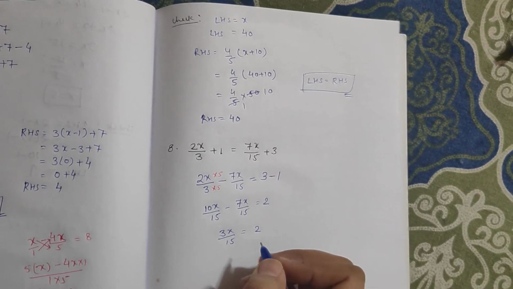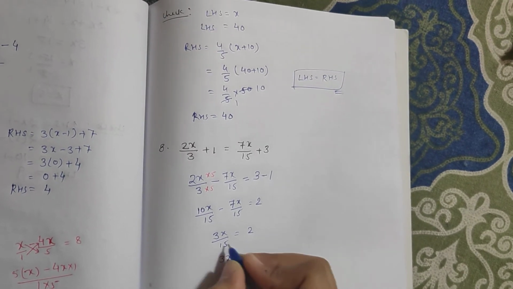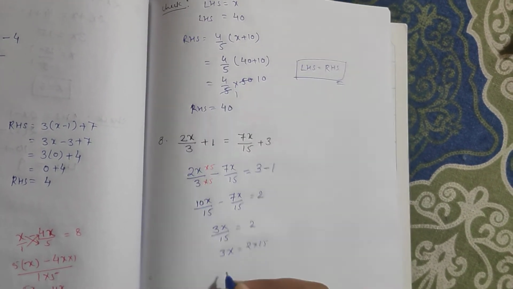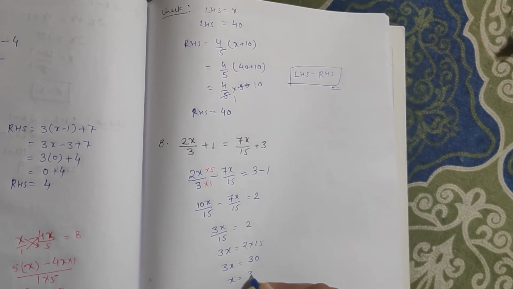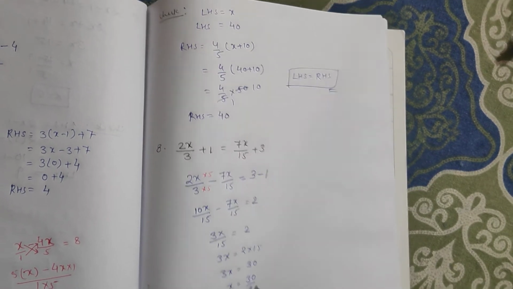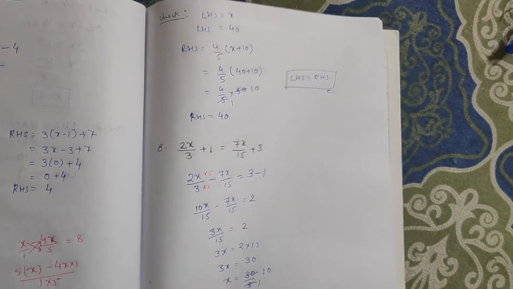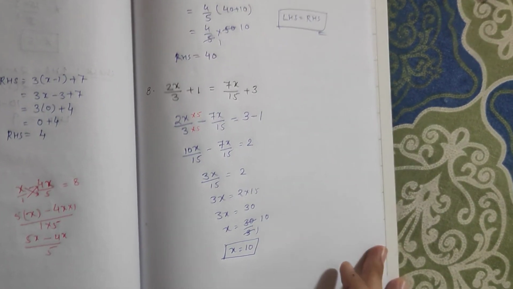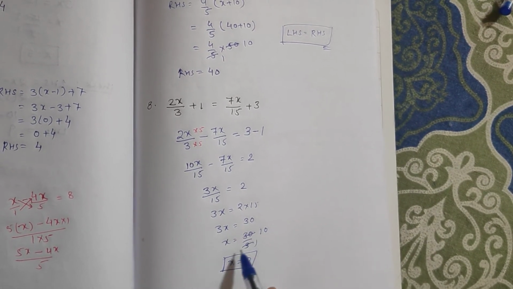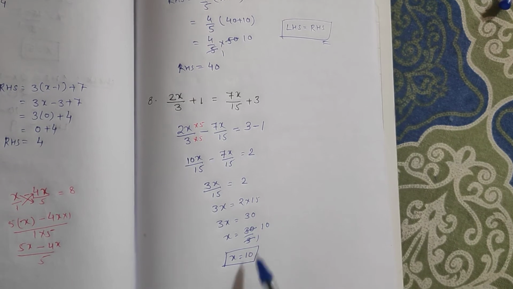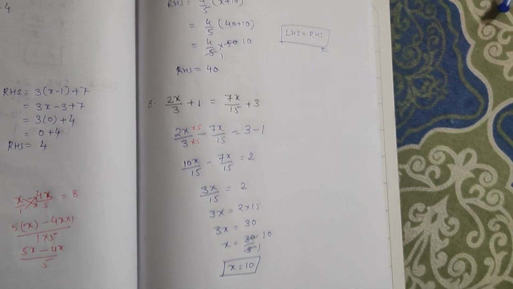Okay, now what we have to do, it will be 3x is equal to 15 into 2. It will go and multiply here. So it will be 3x is equal to 15 times 2 is 30. So x is equal to 30 upon 3. That is nothing but 10. So what is the value of x? It is 10. Okay, now we have to check the result also. So this 3 will go and divide here, so it will be 30 divided by 3, that is nothing but 10. So what is the value of x? It is 10, right? Now we have to check the result.